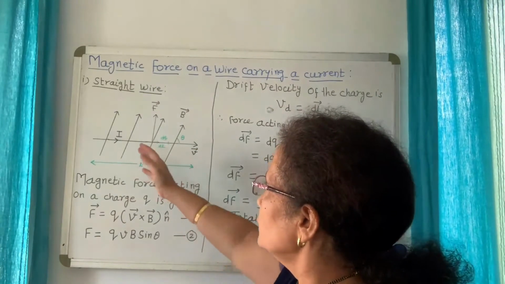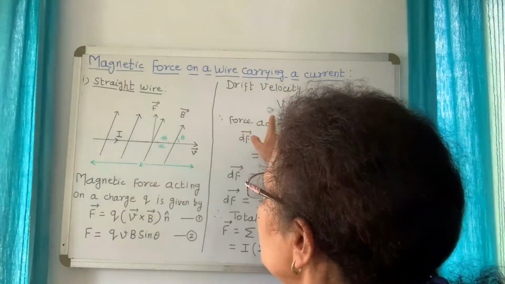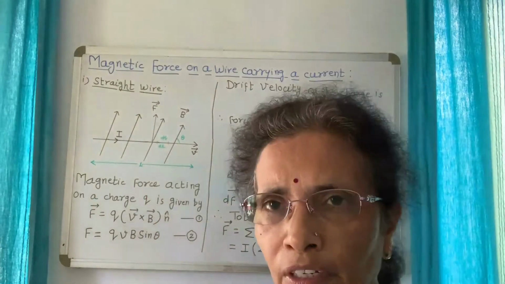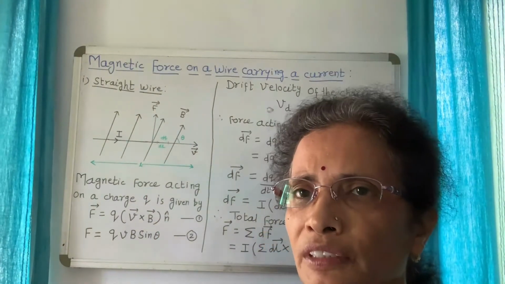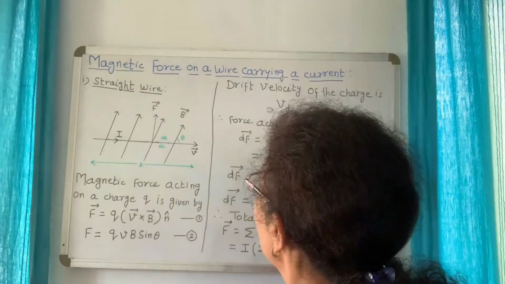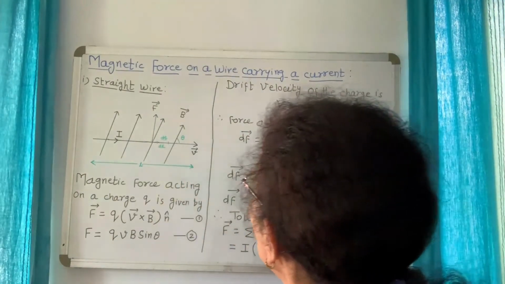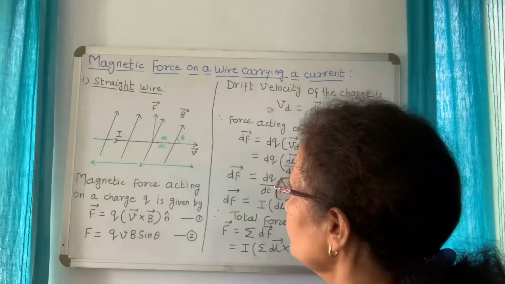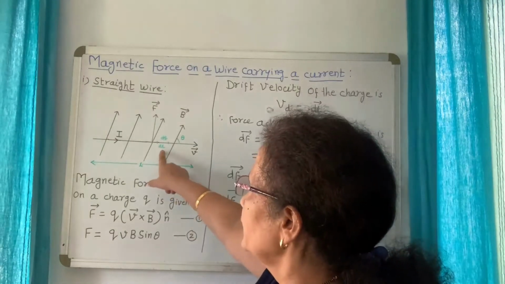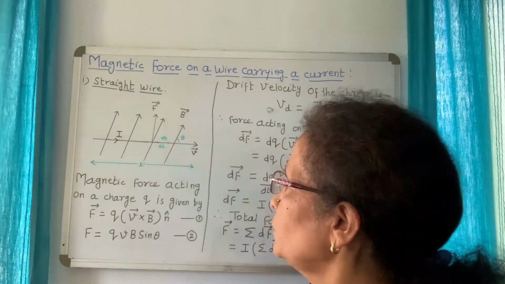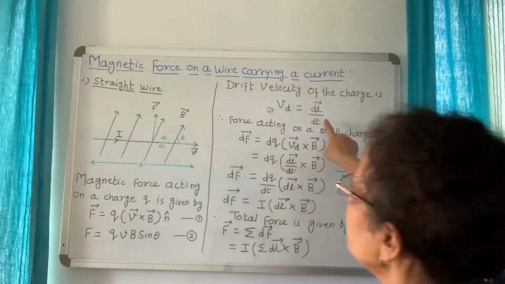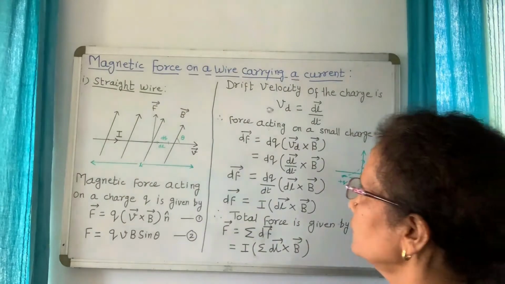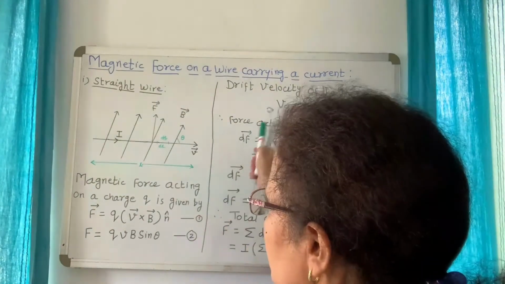Right. So current flows means the electrons are moving with drift velocity. They are arranging themselves, they drift themselves to produce the current. So this drift velocity is given by dl upon dt, where dl is the length of the conductor and dq charge moves in a length dl of the conductor in a time dt. Right. So this is drift velocity.